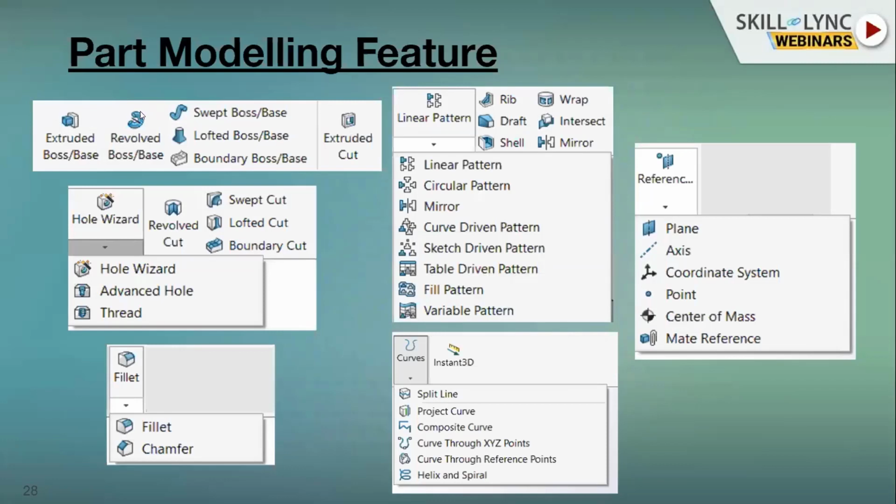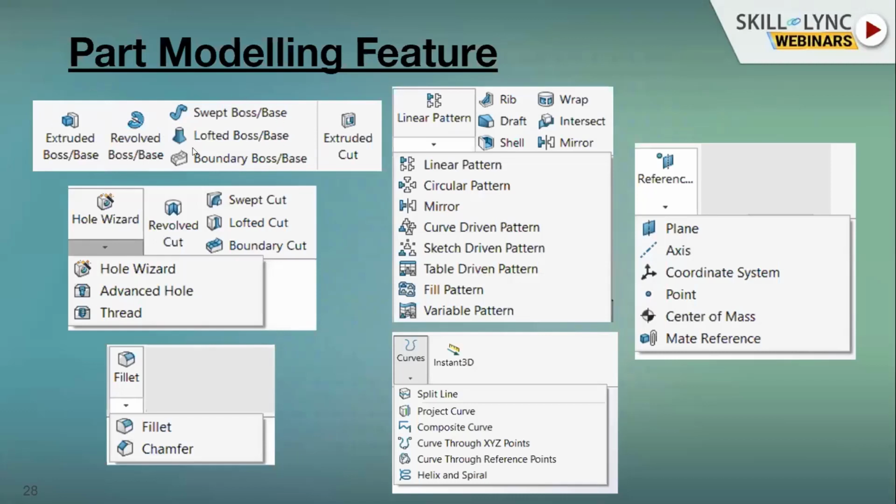By using this, we can revolve a component to required degrees, like 360 degree or 90 degree, whatever we can make. And swept base is sweeping the component. Like if you need a design like this, we can use sweep boss or base. And loft is a kind of complex design, and boundary boss or base.